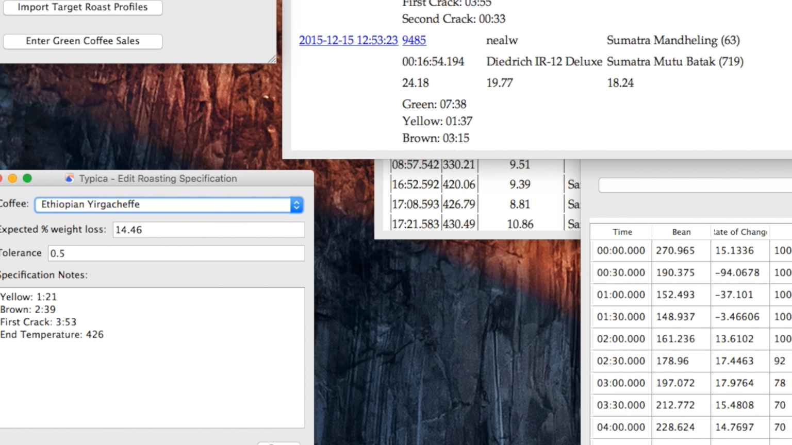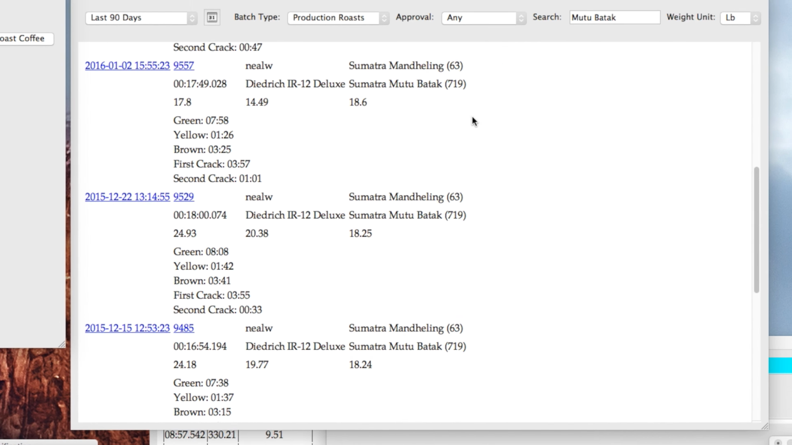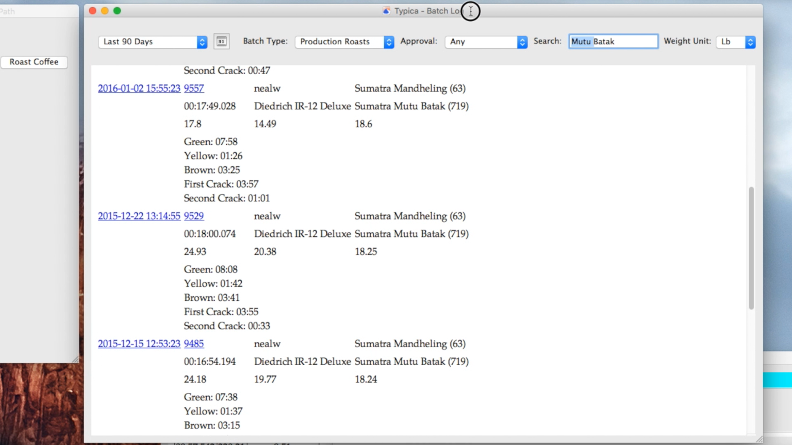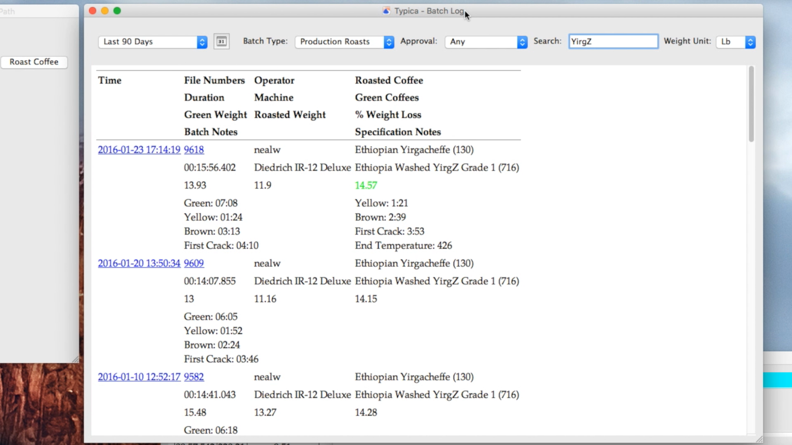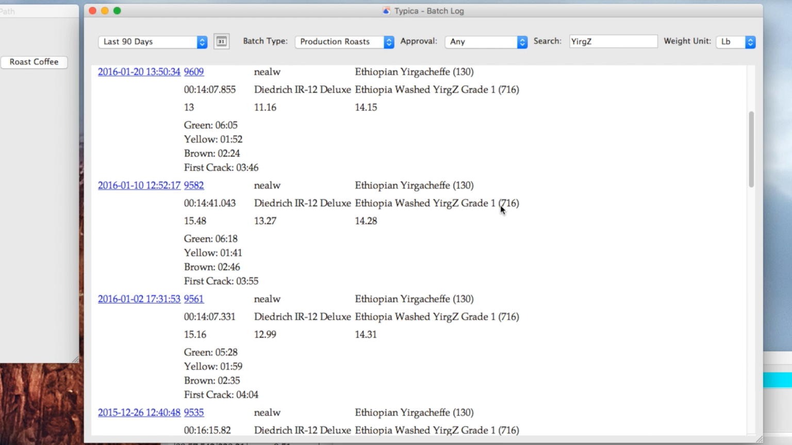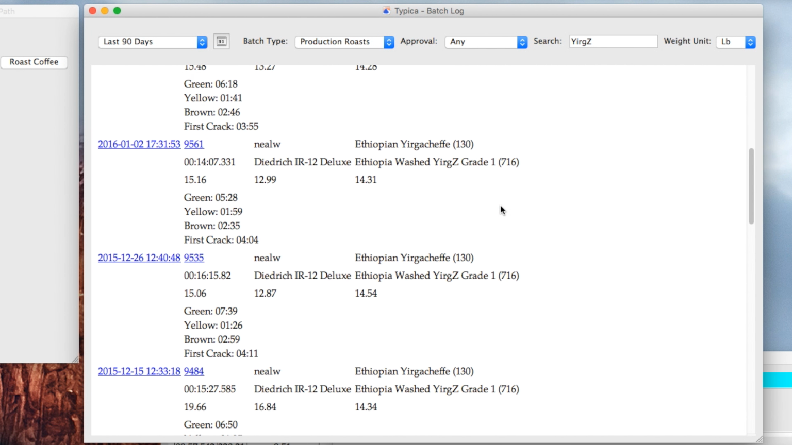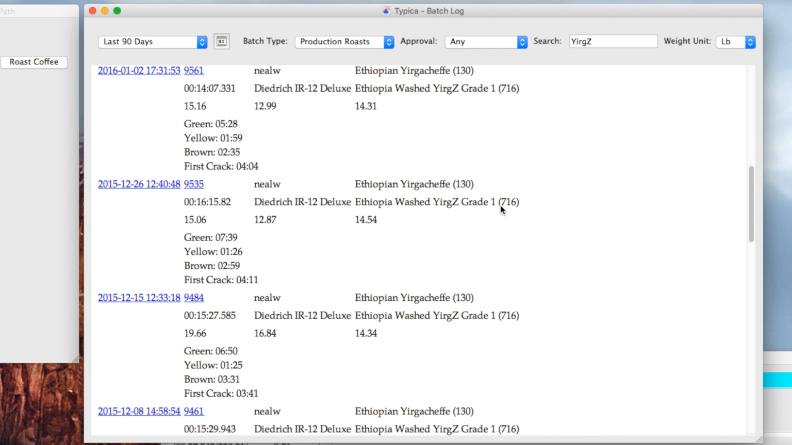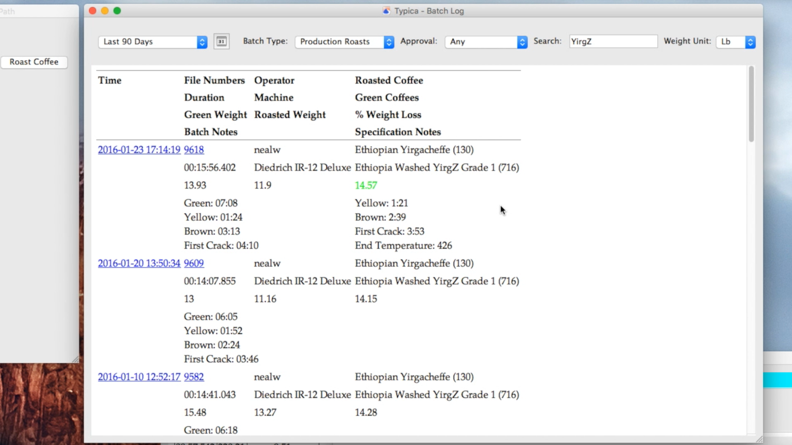Well, I roasted some batches, and if I go to the batch log, I can search for those. It's Yurgz, 0 defect, shipped in Grain Pro, and if I scroll down and look at weight loss, it's very consistent. Scrolling back up, there's a batch that was roasted after the spec was set. Weight loss was